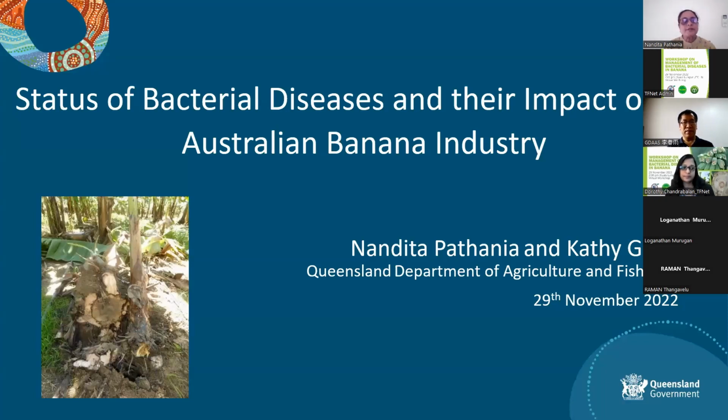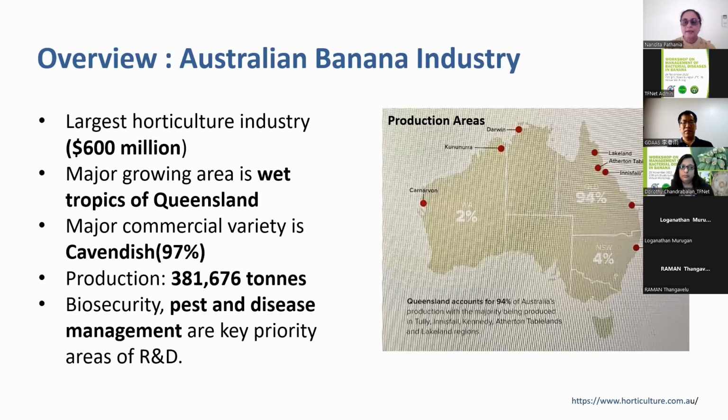So today's topic of presentation is the status of bacterial diseases and their impact on the Australian banana industry. I would like to give a brief overview of the Australian banana industry. It is the largest horticulture industry in Australia and is the number one selling fruit in supermarkets. It contributes around $600 million to the national economy, and major growing areas in Australia are confined to the coastal areas, mainly the tropics of Queensland, which constitutes about 94%